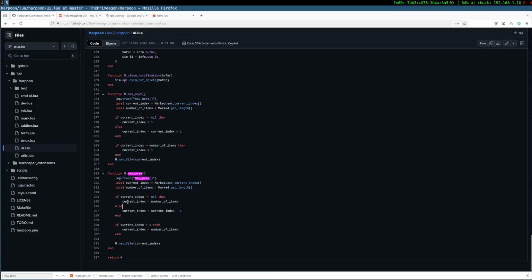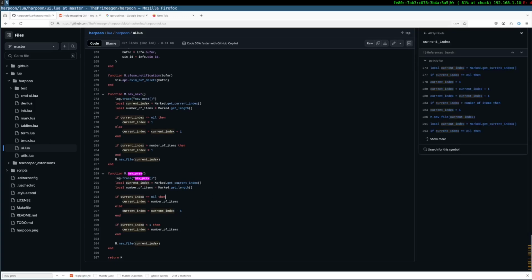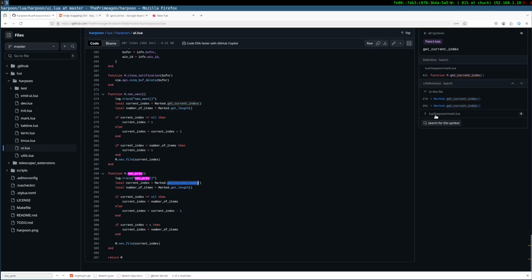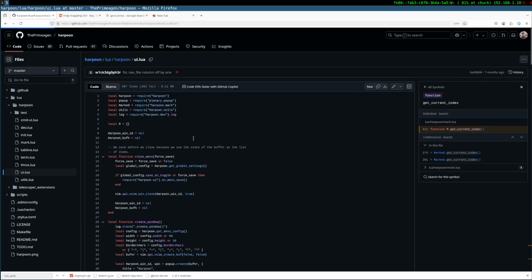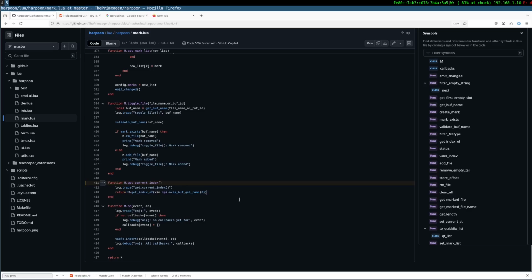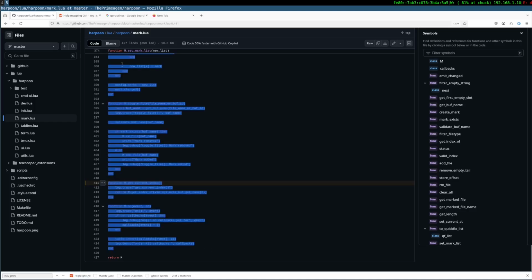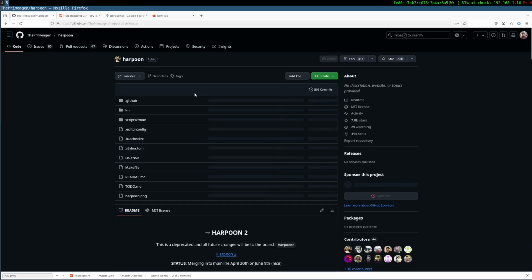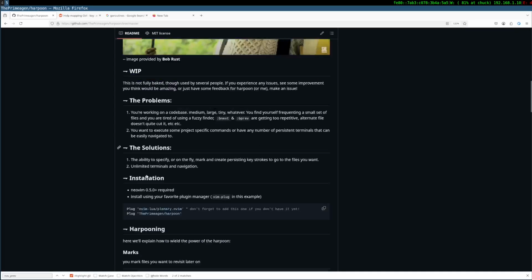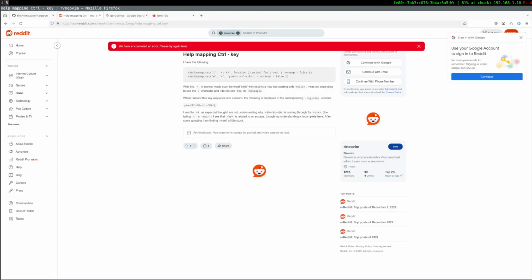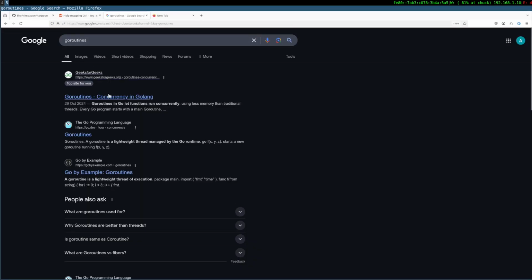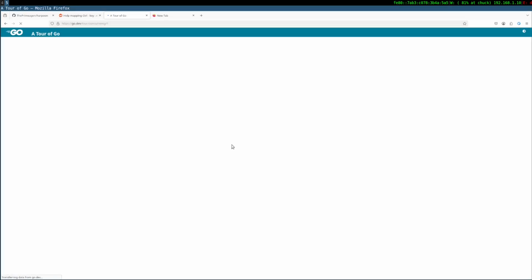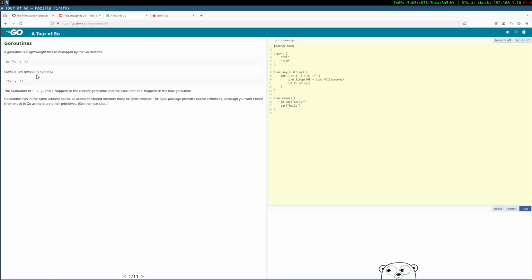Function nav prev is getting current, get current index. Function get current index, name, buffer name. Ooh, too much Lua. I barely understand this now. Yeah, I get the basics of Lua, but I never want to write in Lua. I can change my opinion, but for now, nah.